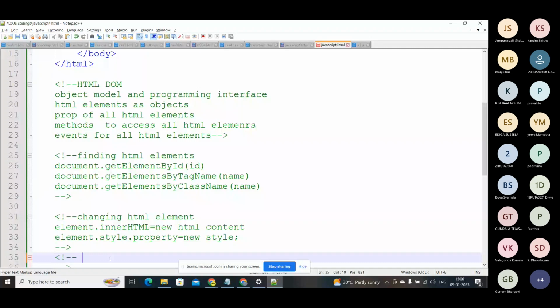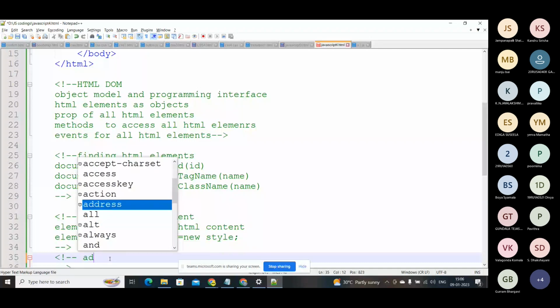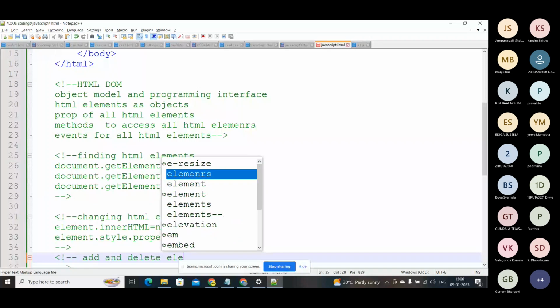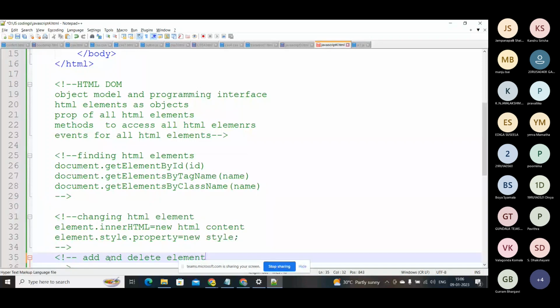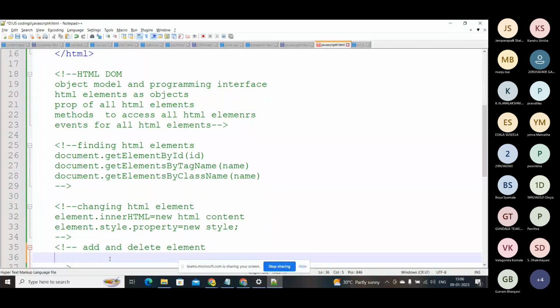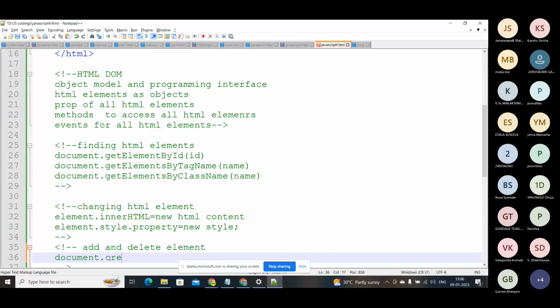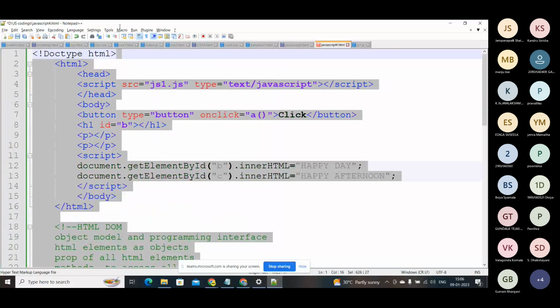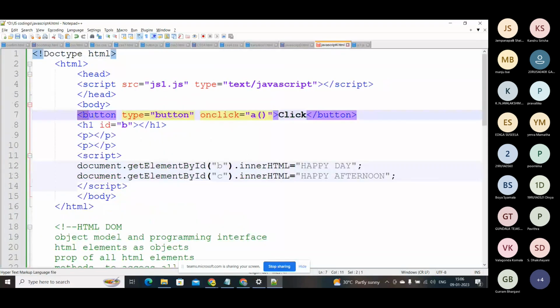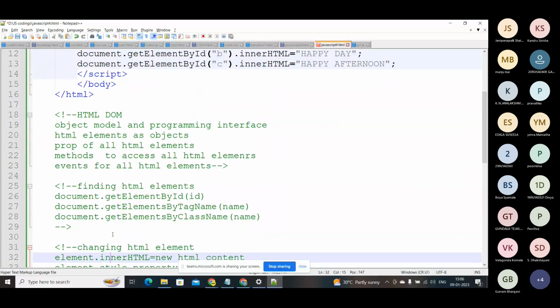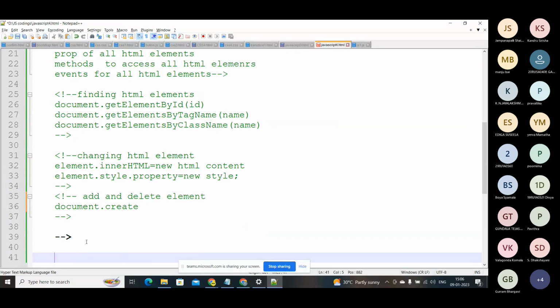So to add and delete, what you need to do first, if I'm trying to create an element from the script itself, I'm not going to create it like this. See here, before we created it like this, right? So button means button element and heading, heading. So not like that. So what I am going to do is,